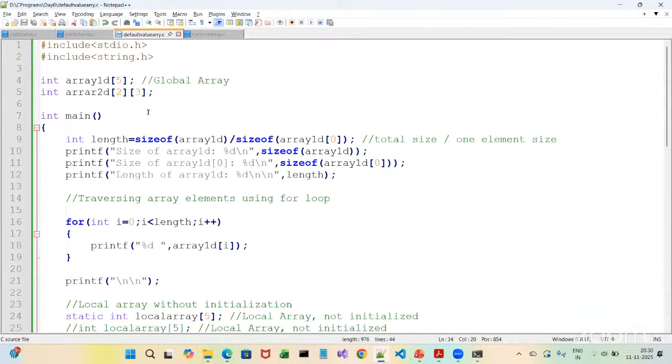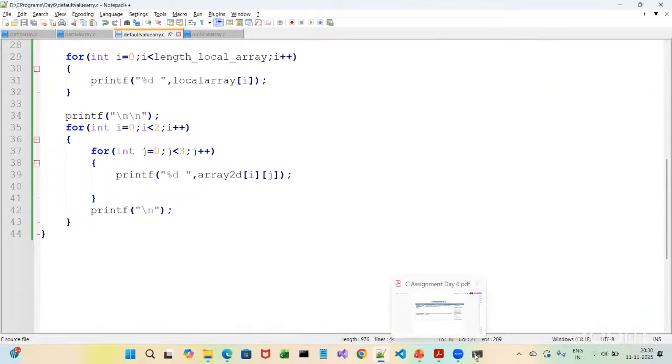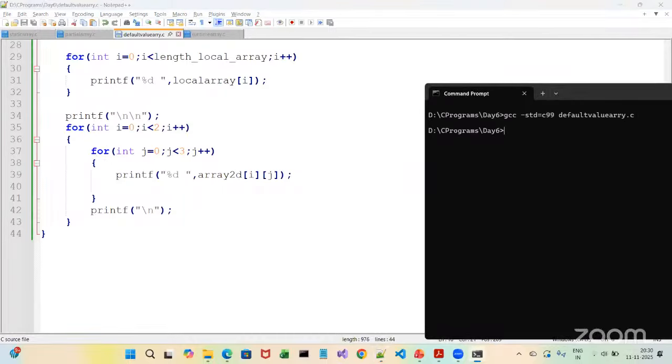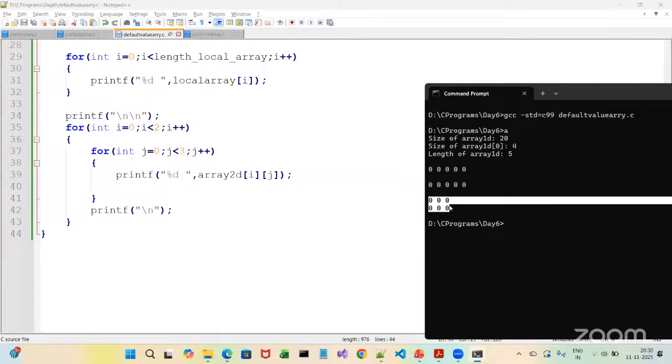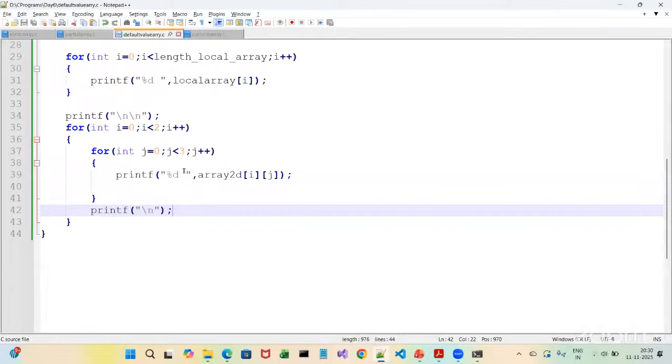Oh, it's a spelling mistake. So I have to write Y here. Fine, so let me now check. You'll get that it is not declared because the name was not correct. So see here, if it is a global array, you will be getting all the values as 0. Now, if I'm creating a local 2D array,